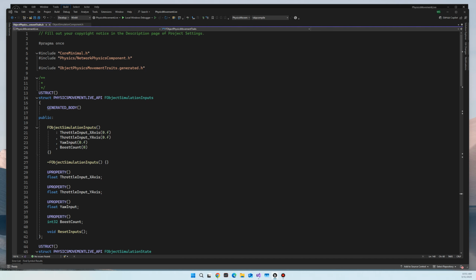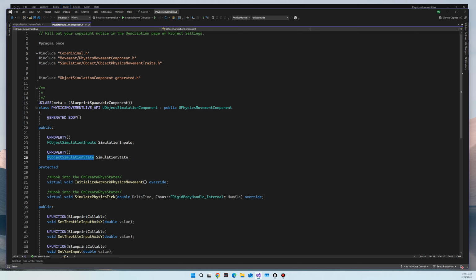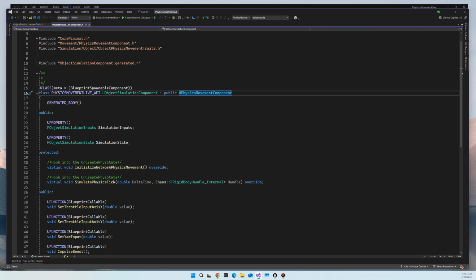So let's do a quick little recap of what we did in part one. In part one, first off, we went ahead and created our object simulation component, which we'll be using today. And that was derived off our physics movement component, which we built in the last video series. And then we also created this object simulation input and object simulation state, and these structures are going to be the structures that are going to be passed up and down the network so that we can move physics